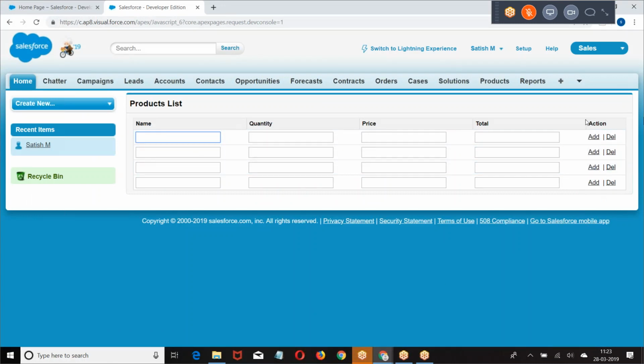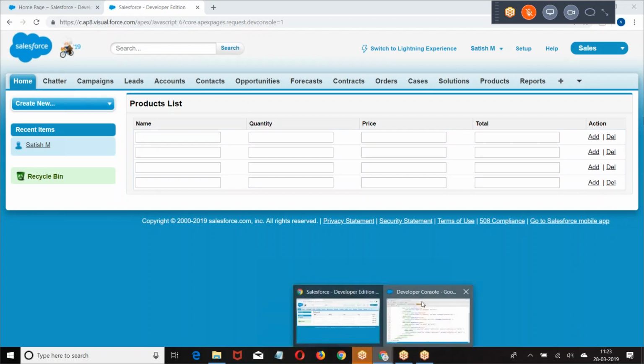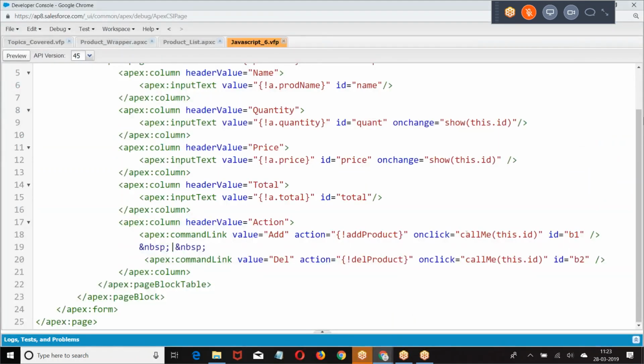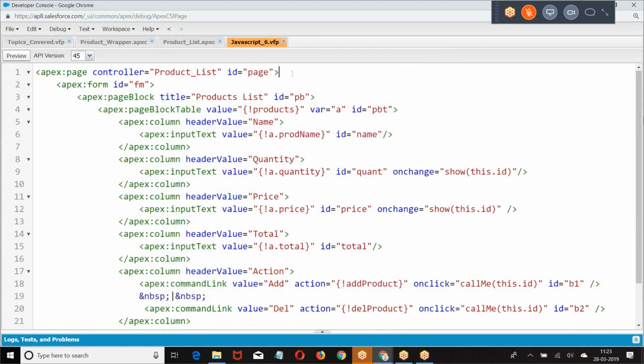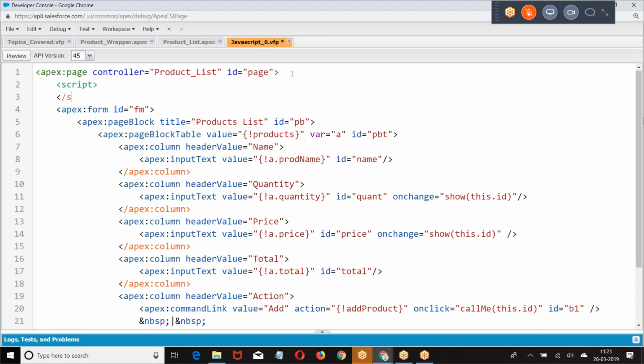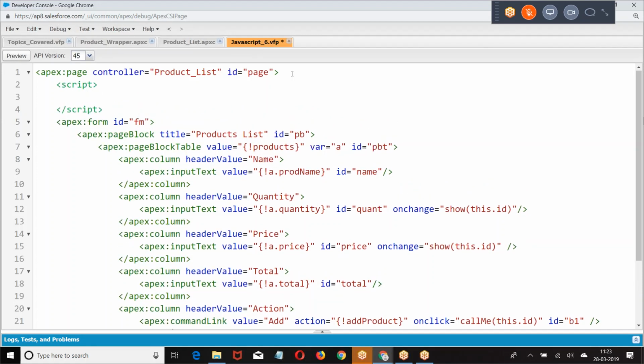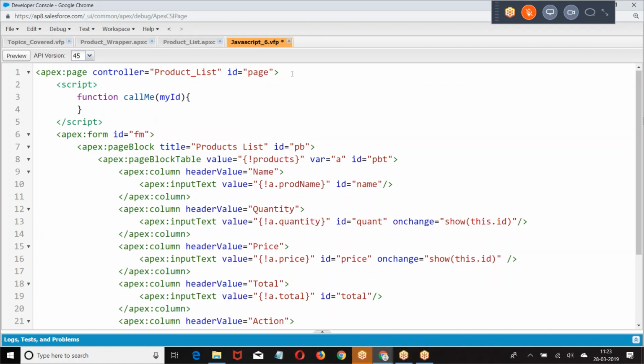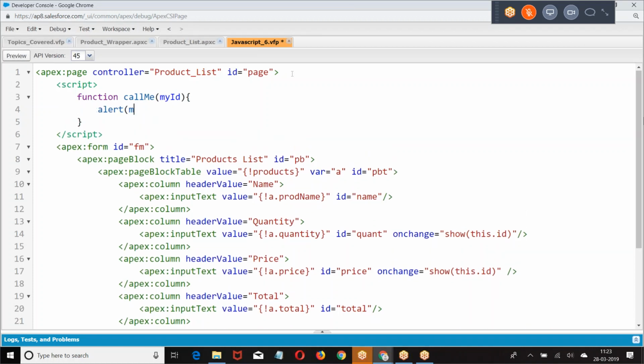Right, boss? This is the UI what I created. Now I want to control it. What is the action? When you click on the button, on which row you clicked on the button. So you're going to give. First we'll see alert. First we see whether we're getting the row ID or not.